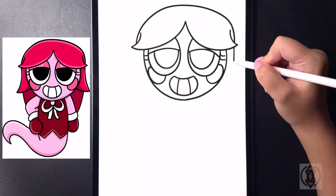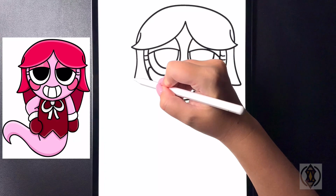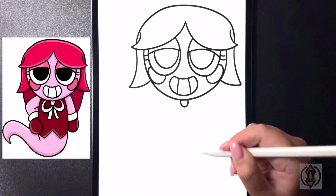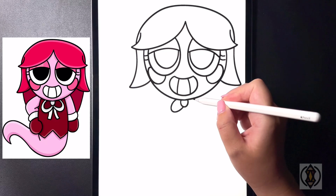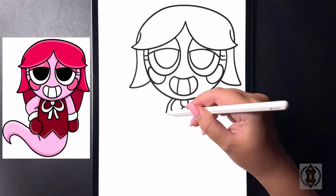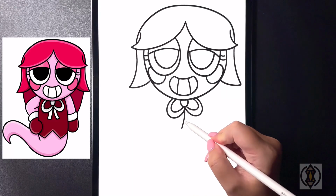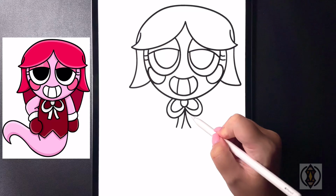For the hair, we're going to curve this line out and then in. Let's move under now for the bow, curving this up. Now on both sides from the chin, we're going to arch this line around and then back in. And then again, one more time. Now in the center, we're going to curve this line out on both sides. And then again, as we move across,